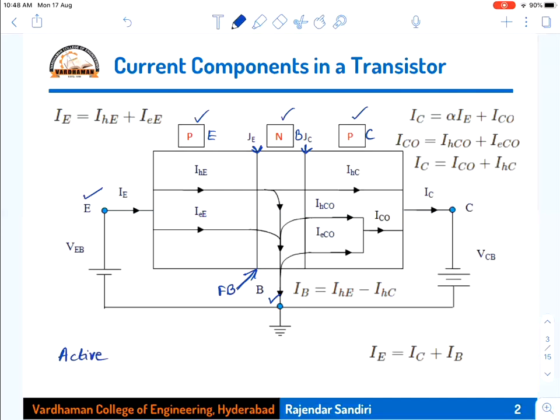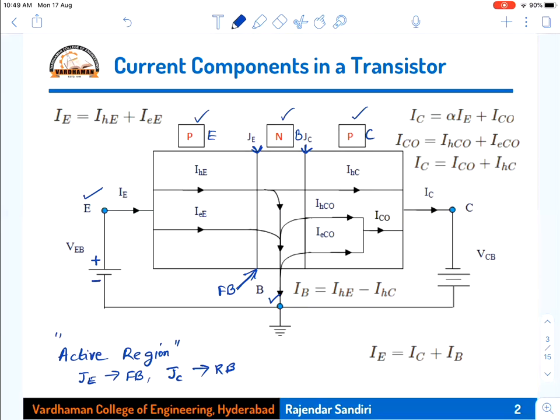What is the active region? Once it comes to your mind that the transistor is operated in the active region, that means the emitter base junction should be forward biased and the collector base junction should be reverse biased. This is the condition for the active region. If I want to make the emitter base junction forward biased, I have to connect the polarities of the batteries in such a way that the positive terminal of the battery is connected to the P-type semiconductor material and the negative terminal is connected to the N-type semiconductor material.